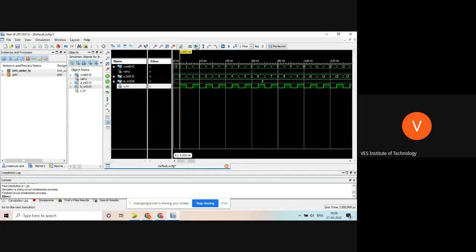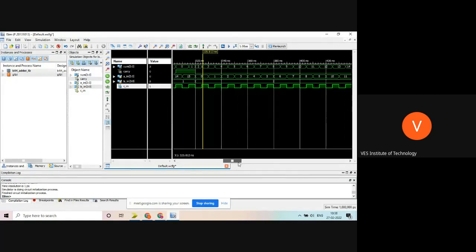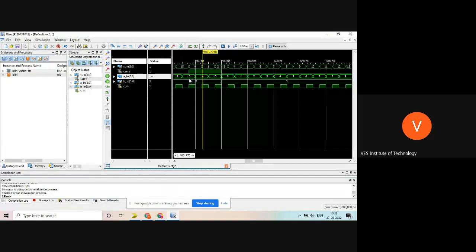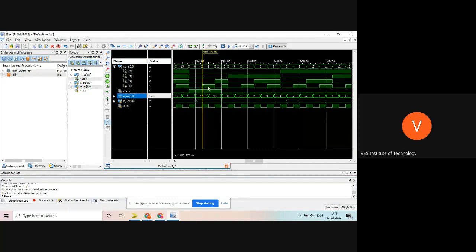Okay. So 0 plus 0 plus 0 is 0. 0 plus 1 is 1. 1 plus 1 is 2. 2 plus 1 is 3. In the same way, we can go here. See this, 14 plus 2. 14 plus 2 is 16, which is nothing but 1 and all zeros. You can see this, 1 and zeros, that means 16, because this carry is 1. So here you can see this 1 0 0 0 0 is 16.